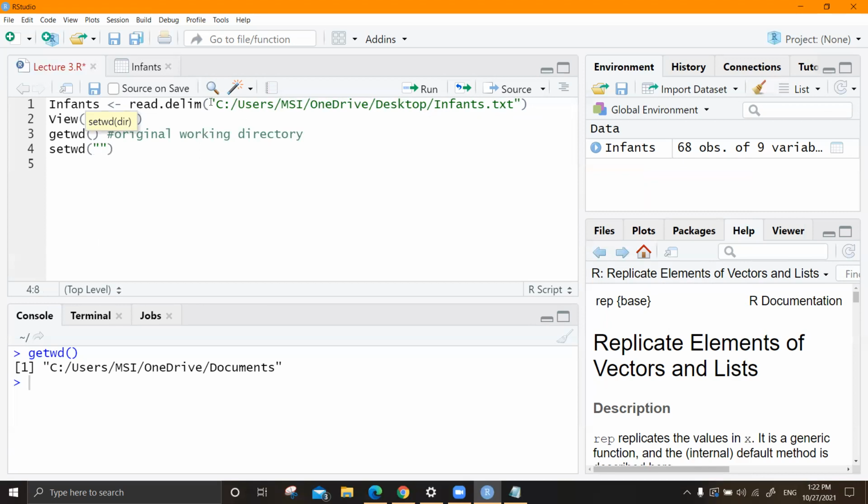I'm going to set it to my desktop for the moment. You can give any file location to set, right?